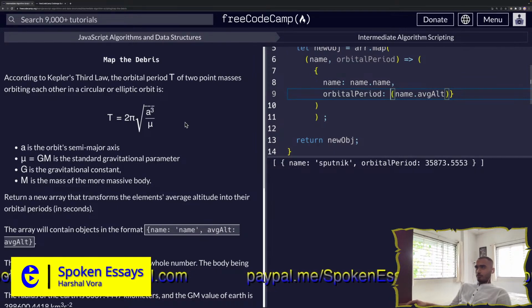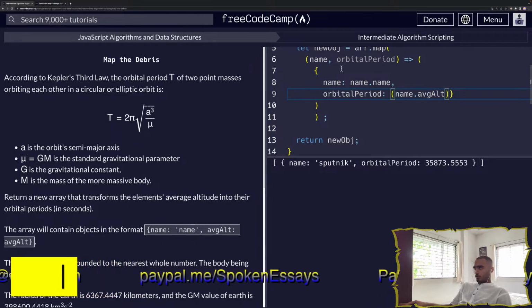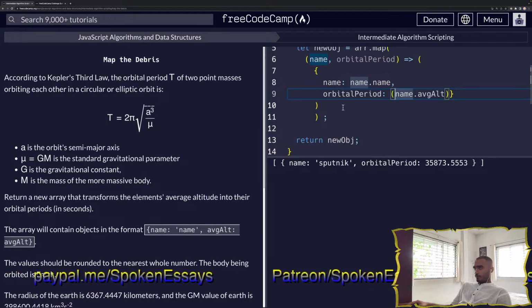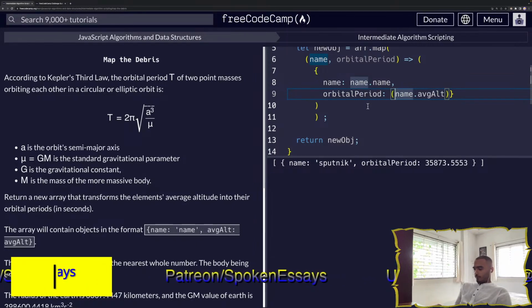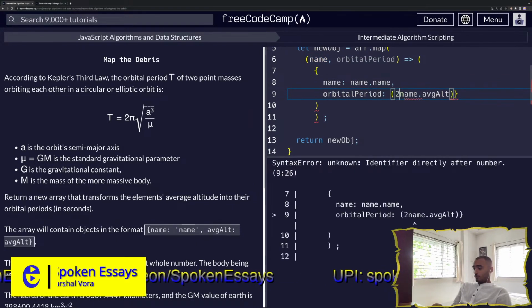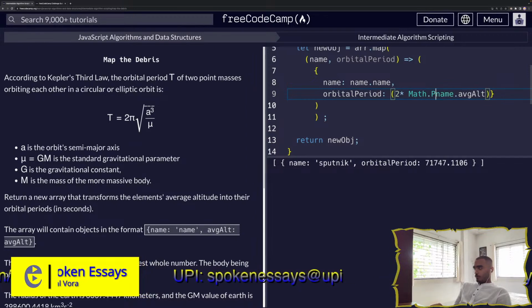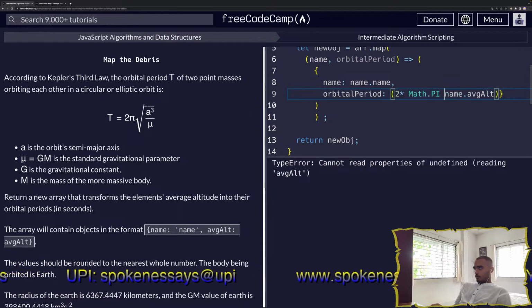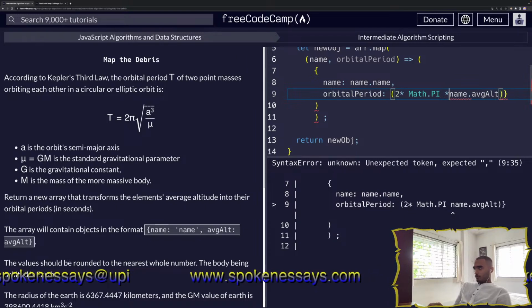As long as it doesn't cause a problem, right? We're supposed to return t equals, which is this. T equals what? So what is name, average, alternate? I have no clue where we're going to use this. Let's write first. So 2 multiplied by math.pi multiplied by,